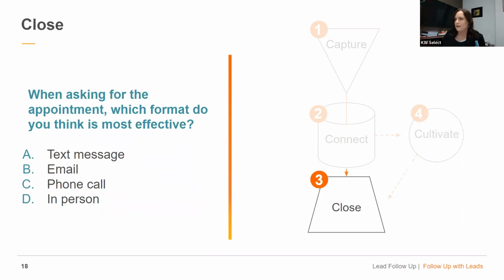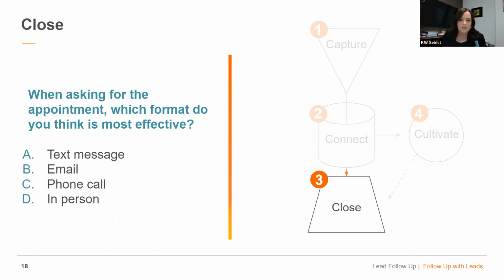Okay. Which brings us to the close, which on 11.9, you have a resource here in your manual, which you can use after Ignite as well. It comes in handy. But closing is when you actually ask for the appointment. So if you think of it like this, you are concluding one conversation, which is your connection or your cultivation, and you're seeing if there's a new one that can take place, because it is your responsibility to ask for that appointment.